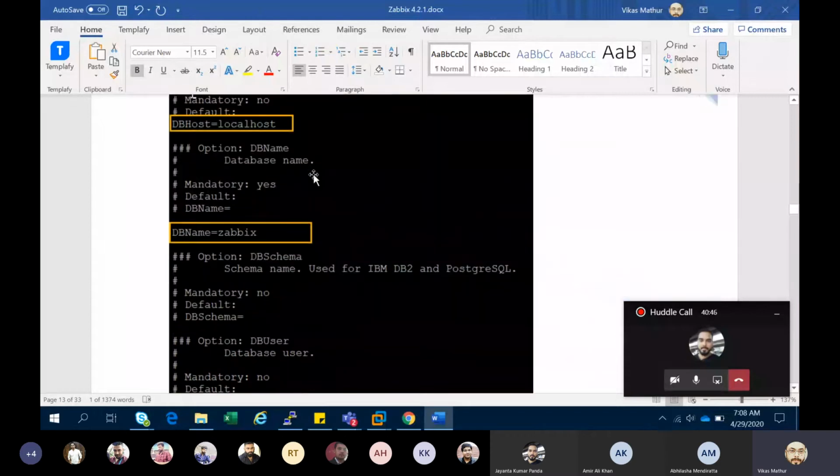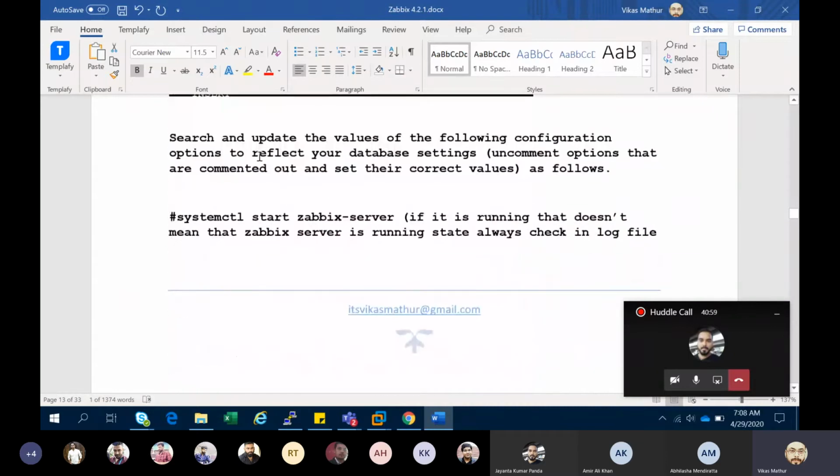After this, whenever we change any configuration, we need to restart that service. Anywhere you change any configuration, you need to restart the service. So what I did, I ran systemctl start javix-server.